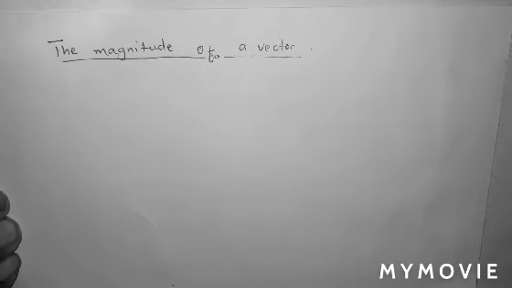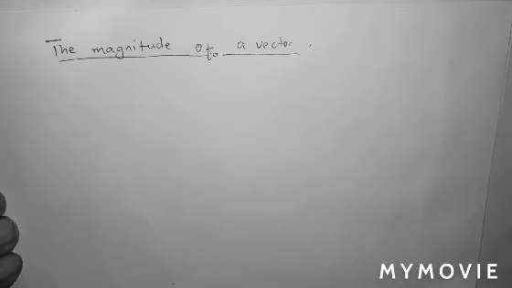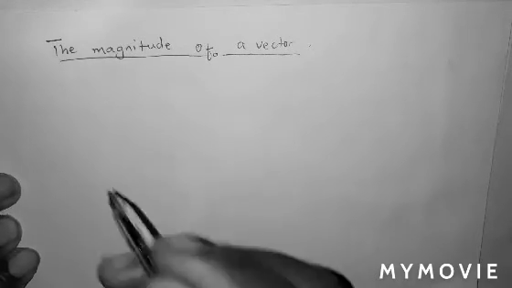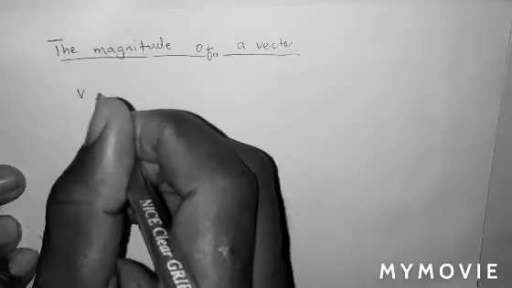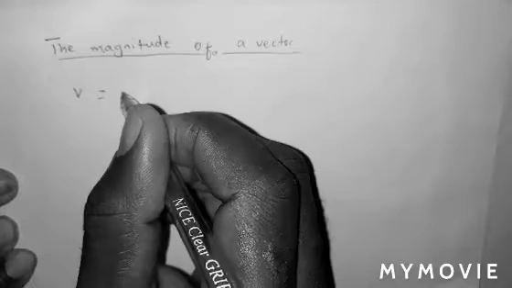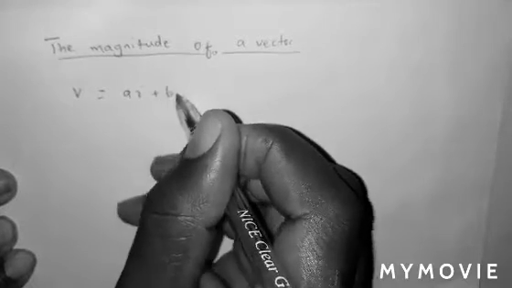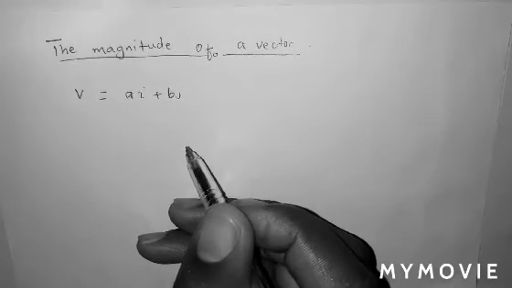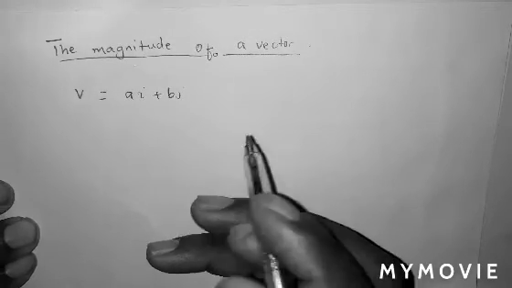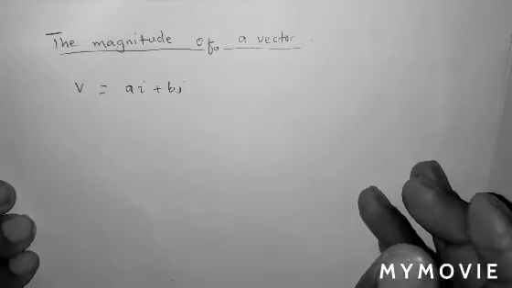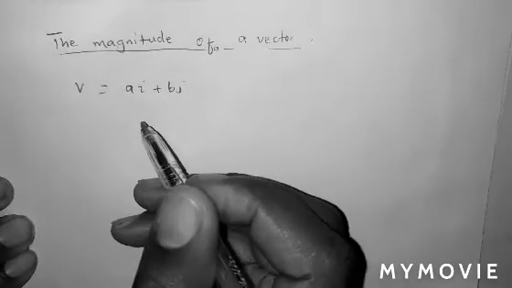So let us look at how we can determine the magnitude of a vector. Now, given a vector v is equal to ai plus bj, we can determine the magnitude of such a vector if we can represent it